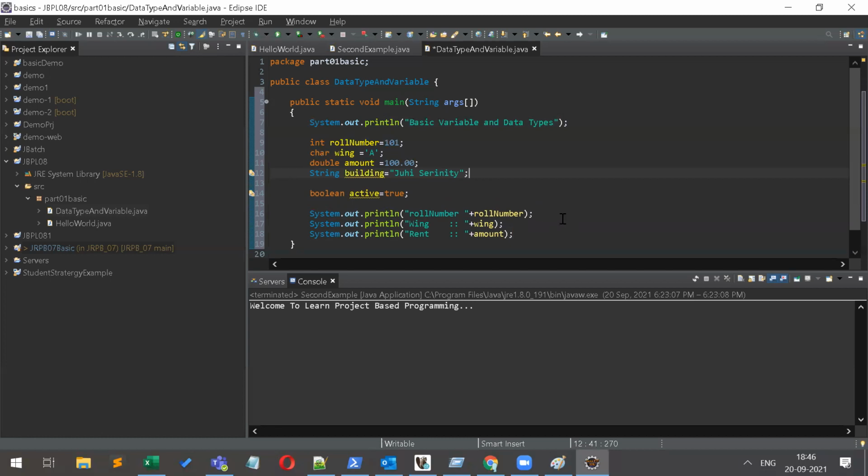So I'll print here; I have to see the flat number. I'll use the flat number. Roll number is not visible here. Again System.out.println, building.